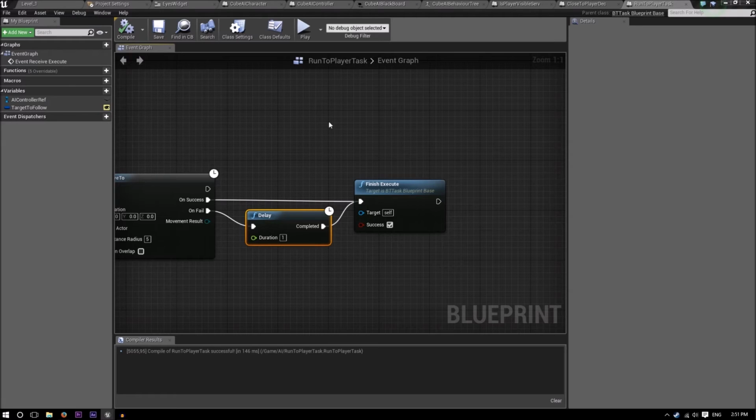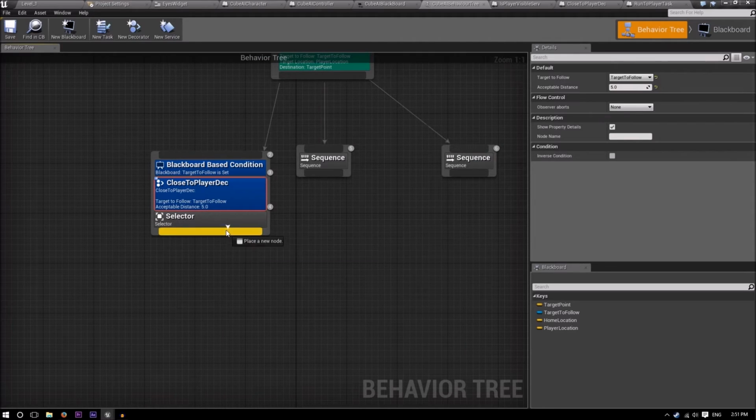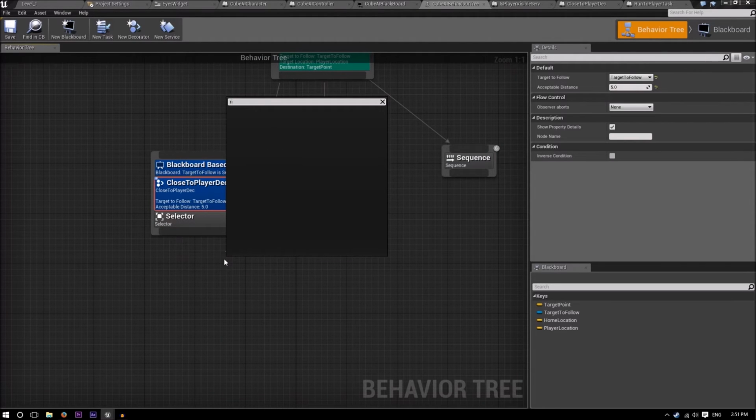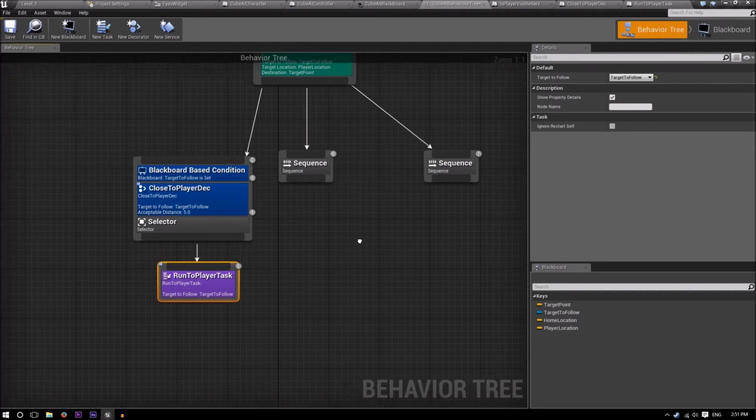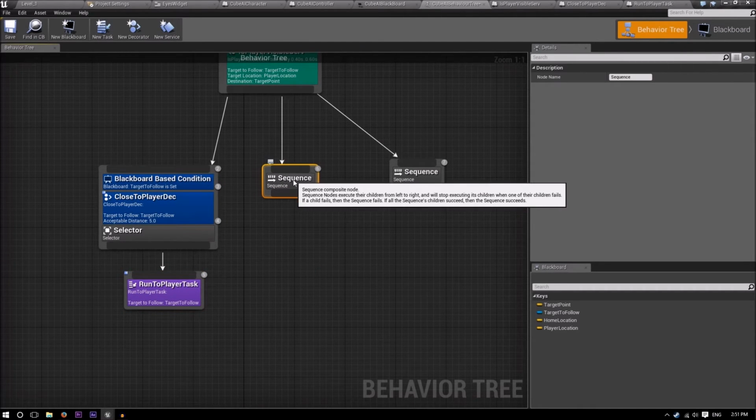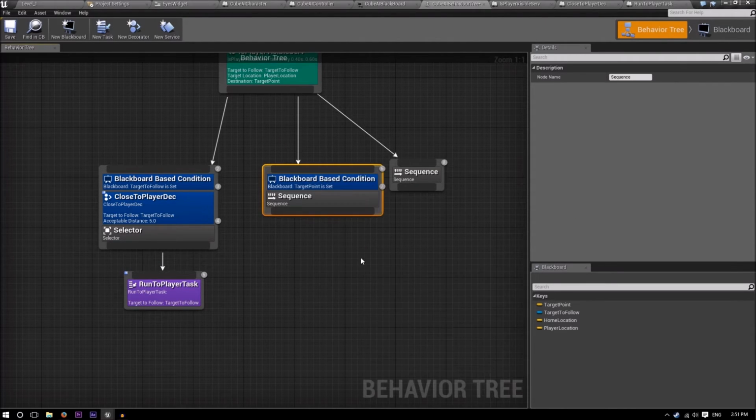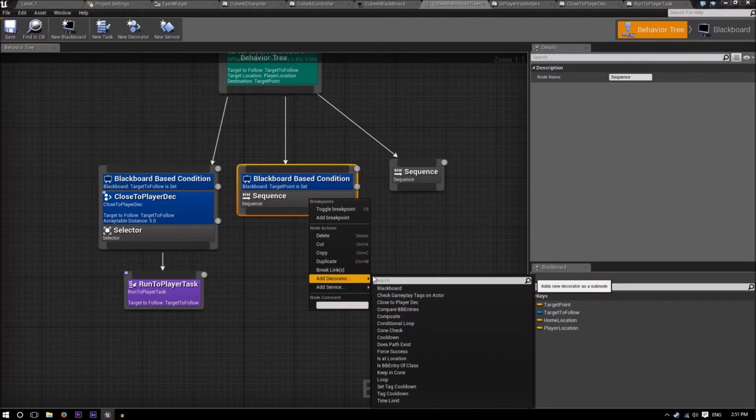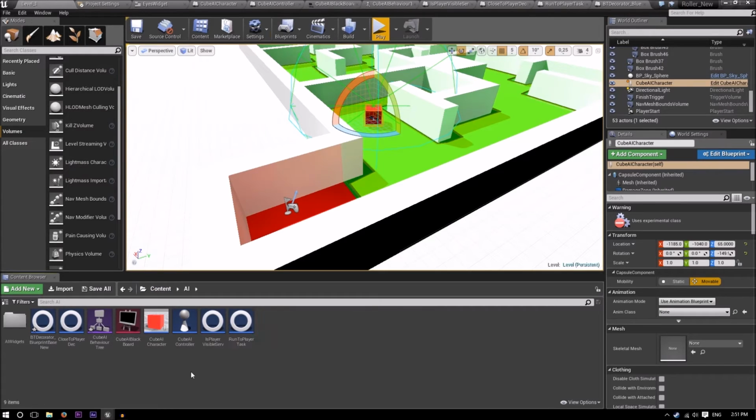Alright, so let's go back to our cube, to our behavior tree, sorry. And then what we're going to do is drag this out and just type in run to player task. So now this target to follow is obviously the target to follow. The engine sort of knows what you're trying to do. So now here we're going to right click, add a decorator, add a blackboard based condition, and another one, and then we're going to create another decorator called, there it is,